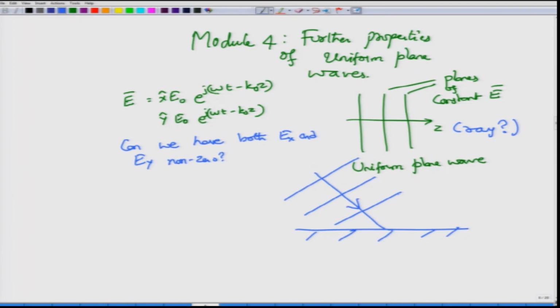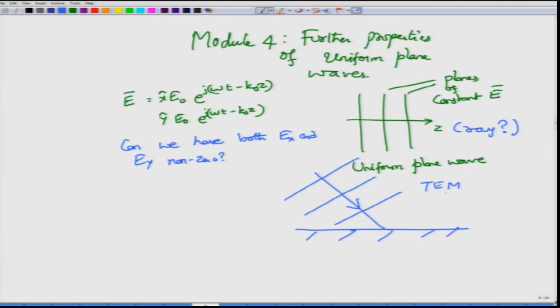Such waves are called uniform plane waves. Both the electric field and magnetic field are transverse to the direction of propagation. Transverse is a very fancy name for perpendicular. So we have what is called a transverse electromagnetic wave. This is exactly what we are introduced to when we talk about light as a ray, but the electromagnetic nature means there are electric and magnetic fields, and in a plane wave these two are further transverse to the direction of propagation.